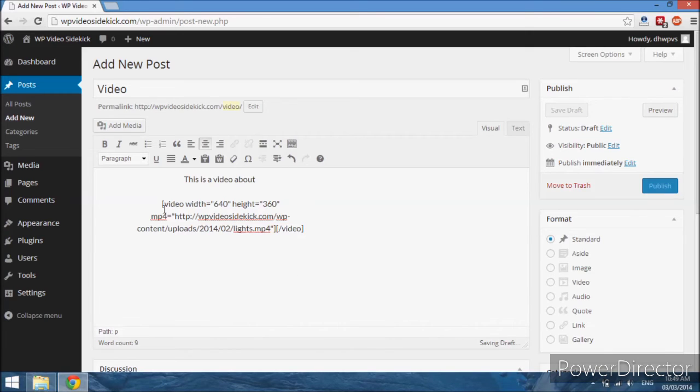So WordPress has just created this video player for you, and you can see here it just has a shortcode for the video, the size of the video, 640 in width and 360 in height. This is the default, and you can change this if you'd like just by editing these numbers here, and you will see it is linking to the location of the video, which is on our site in the uploads folder, and it would do the same if the video was hosted anywhere else. And all we have to do now is click publish,